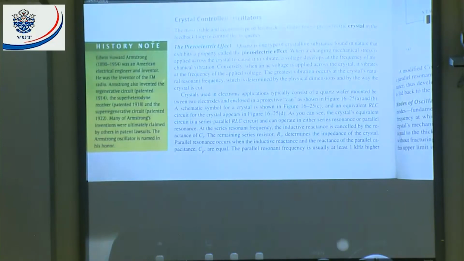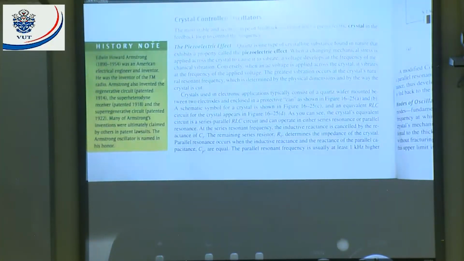The piezoelectric effect: quartz is one type of crystalline substance found in nature that exhibits the property called the piezoelectric effect. When a change in mechanical stress is applied across the crystal to cause it to vibrate, a voltage develops at the frequency of the mechanical vibration. Conversely, when an AC voltage is applied across the crystal, it vibrates at the frequency of the applied voltage. The greatest vibration occurs at the crystal's natural resonant frequency, which is determined by the physical dimensions and the way